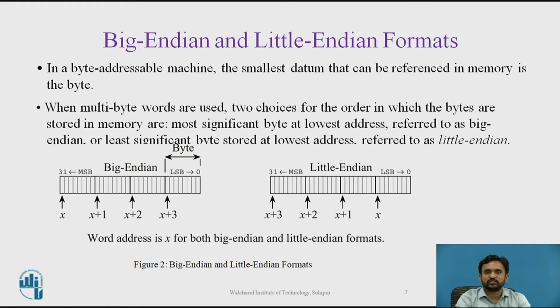Memory locations are arranged linearly in consecutive order as shown in this particular figure. The highest address for a 2 to the power 32 byte memory is 2 to the power 32 minus 1, and the lowest address is 0. So your address reference starts from the 0th memory location.